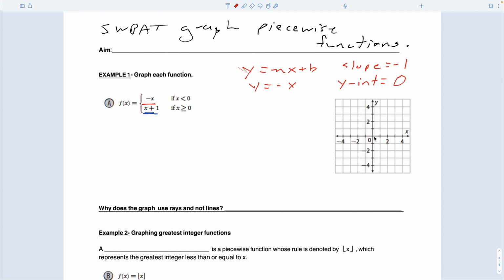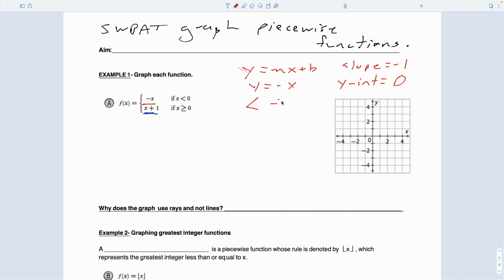Start at 0, and we know it goes down 1 and over 1. That means it'd go up 1 over 1. Here's the difference with piecewise functions. Don't actually graph it yet. Don't go ahead of me, because this is the trick. You have x as less than 0. So if it's less than,